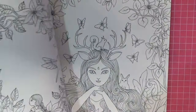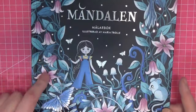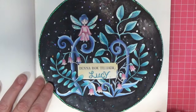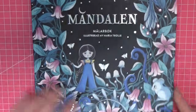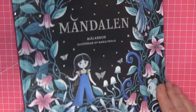So I'm thinking, as best I could, I might stick to those colours: pink, blue and green in this book, because I just really like the combination, and it would just be beautiful, wouldn't it? Anyway, we'll see. But that was Maria Troll's Mandolin. Loved it. Then we did